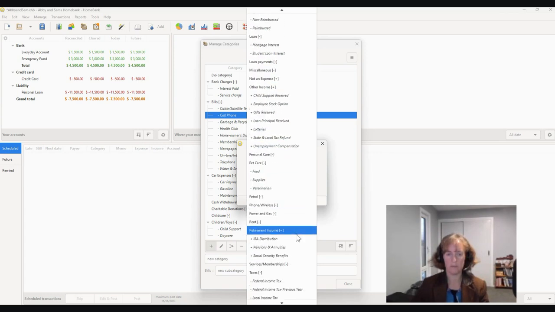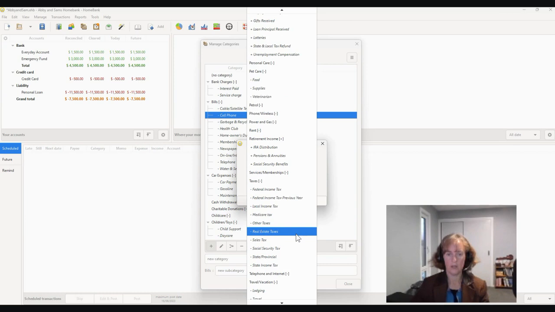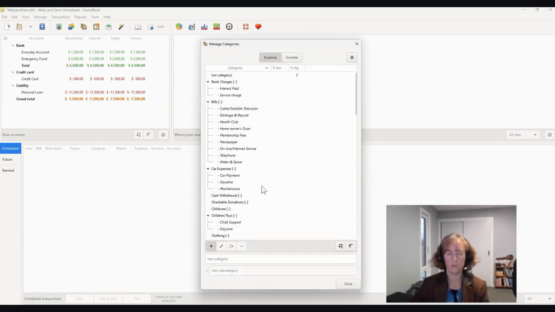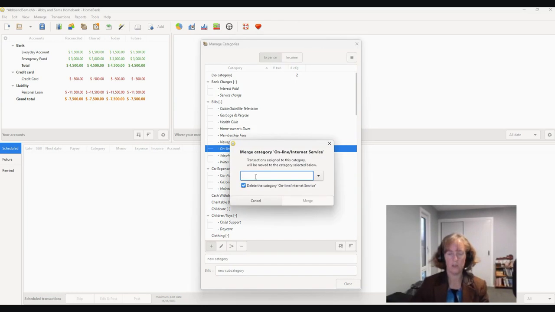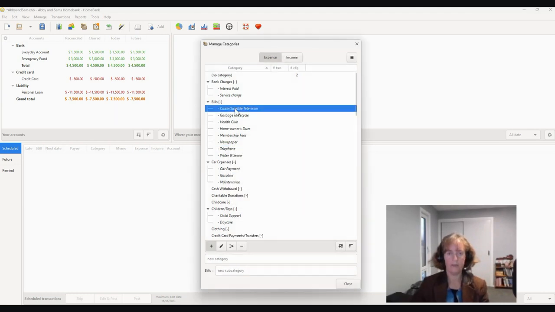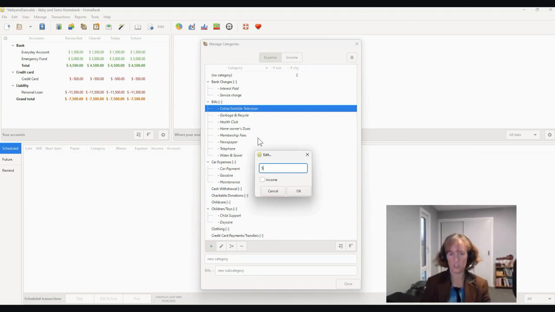Some of them we'll delete. Taxes and then telephone and internet and go merge. And then we'll do the same thing for internet. And you can actually just put in telephone and it will bring up the ones it's already got and go merge it to there. And then for cable and satellite, we might want to change that to Sky,